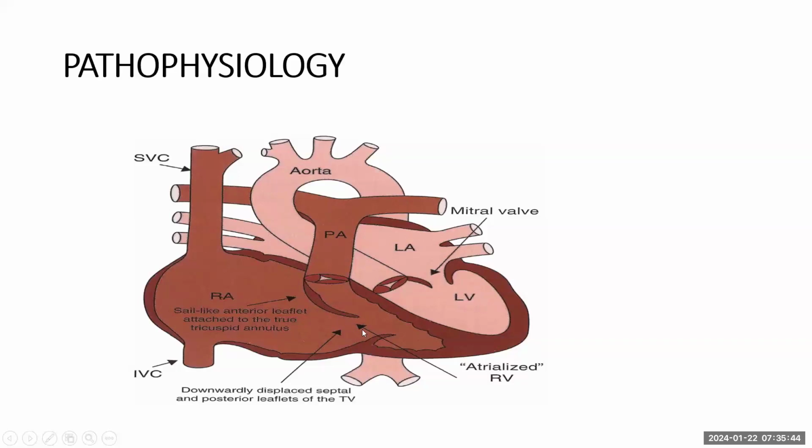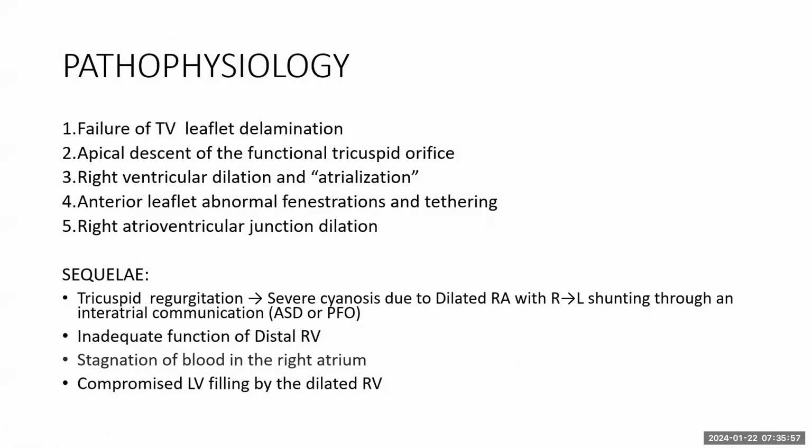These are the septal and the posterior valves. So they are pushed downwards, as we can see here. So there's this atrialization of the right ventricle. So that's what happens in Ebstein anomaly. As a result, there is tricuspid insufficiency or regurgitation, and this leads to severe cyanosis with a dilated